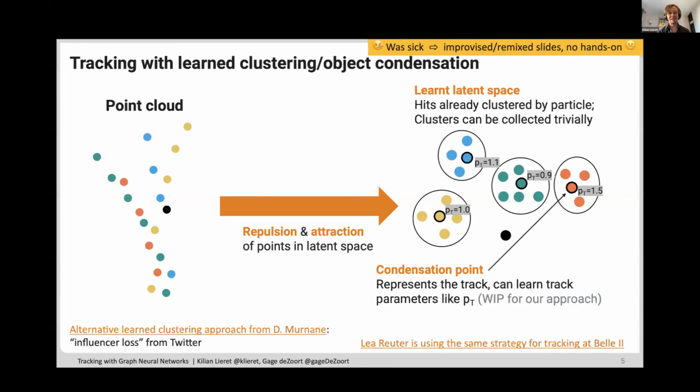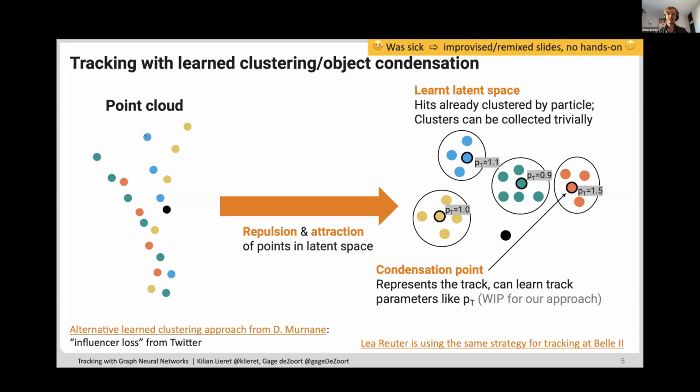Now let's talk about the strategy that Gage and me have been exploring, and Gage really has started, because our work's different than edge classification, and I think it's a really nice idea. So there we again start with the point cloud, but this time this is a very high level explanation here. Rather than considering the edges to be already representing something about the physical tracks, we instead operate on a latent space, and we simply throw all of these points one by one in a latent space, and we shape this